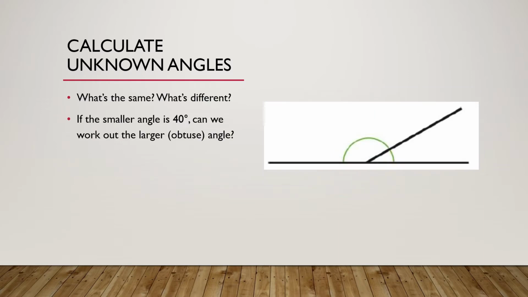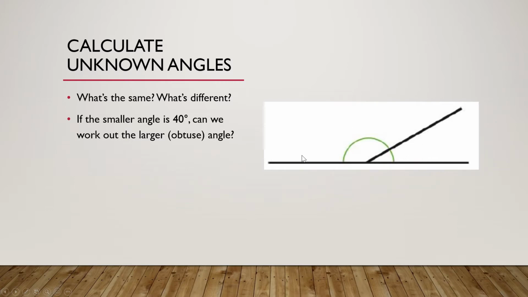Now, look at this. What's the same? What's different about it? And if the small angle is 40 degrees, can we work out the larger obtuse angle? Well, although there's no right angles now, that is different, it's still 180 degrees. It still does an exact half turn over here. So if the small angle is 40 degrees, then we can work out the larger obtuse angle by saying 40